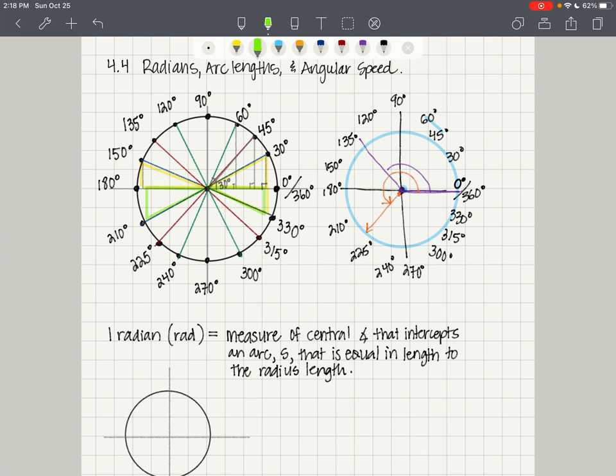So now here's a radius. Now, I'm going to draw another radius over here. Any radius in the circle is equal in length to any other radius in the circle, because all the radii in the same circle have the same length. What they're saying is one radian